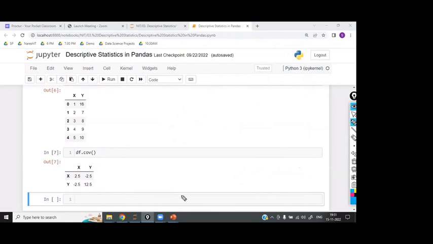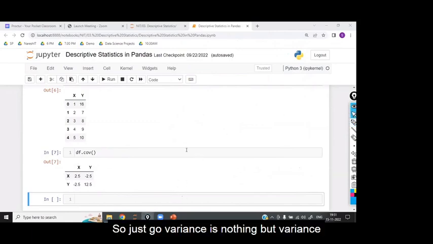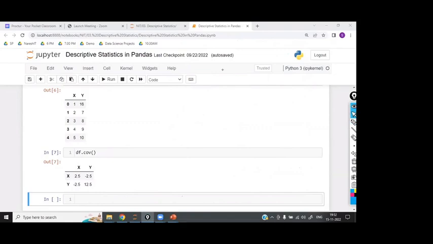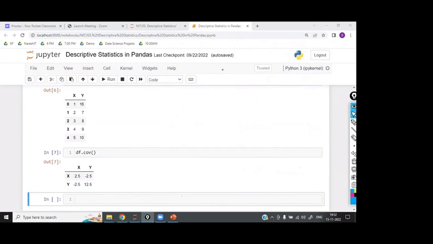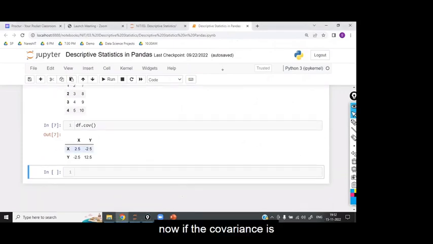Clear, guys? So covariance is nothing but the variance of x comma y. How much variation of x is there with respect to y gives the covariation. Now, if the covariance is positive,